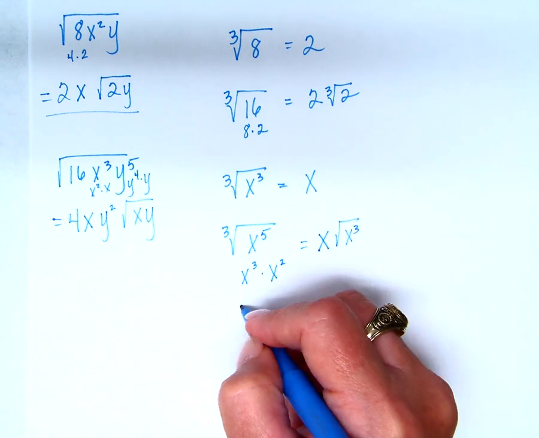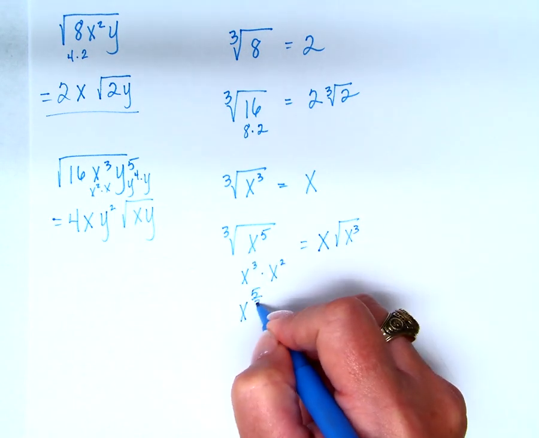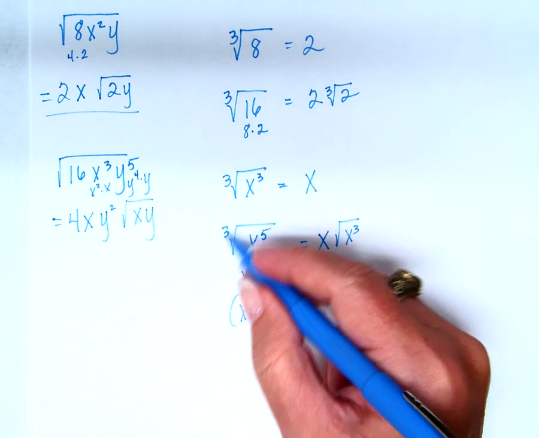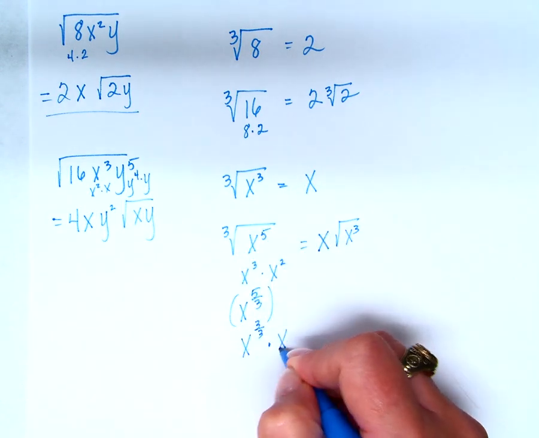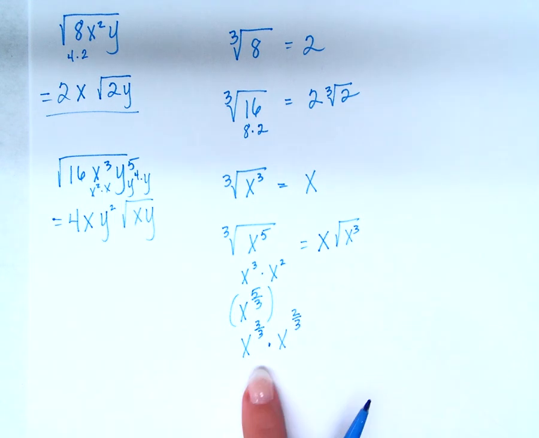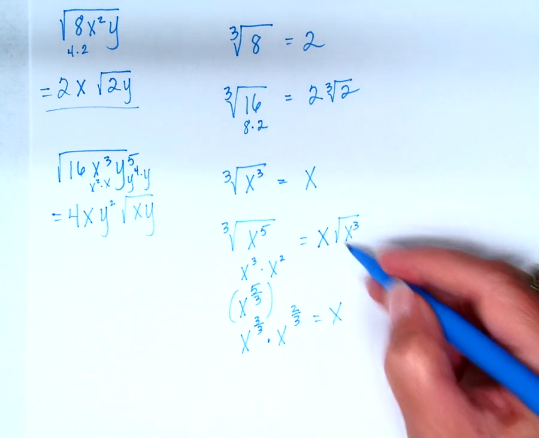Or I could say x to the 5/3. That's the same as that, right? And I could break that into x to the 3/3 times x to the 2/3. 3/3 is 1, so that's x. And x to the 2/3 is the same as,